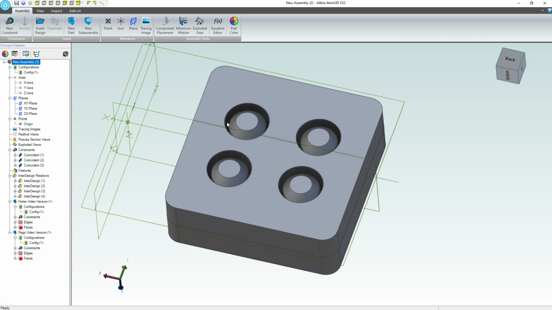Alibre has great topology naming. It's pretty rare that, I don't think I've ever had a topology naming error with Alibre, but that's always a possibility that